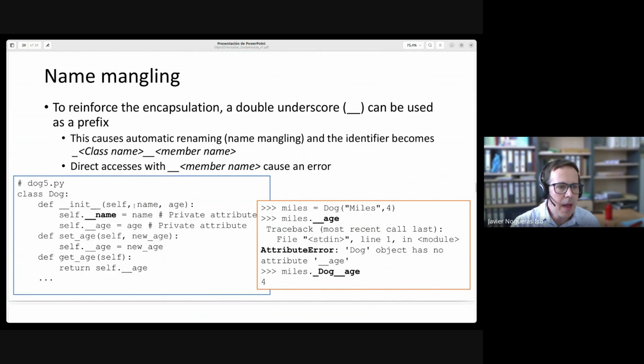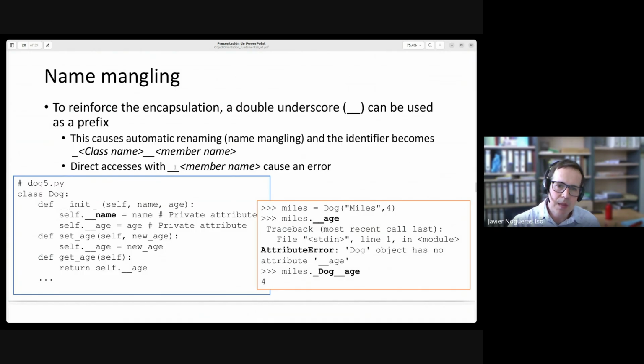For example, here I have defined the attribute for the name and the attribute for the age with a double initial underscore. On the right side, you can see how this works. If I try to access now with the notation miles dot underscore underscore age, I will generate an error in my Python interpreter, right? Why? Because when I use double underscore,